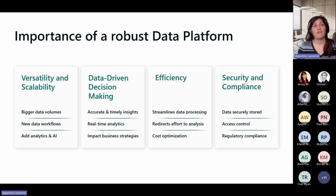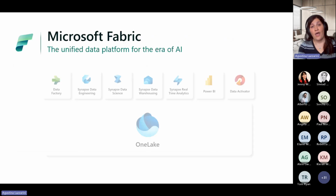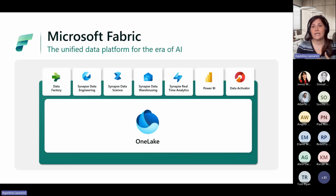And what's the great deal with Fabric? That brings together all these features that we are discussing about a robust data platform in one place. So that's what makes Fabric unique in my experience. The fact that it offers a complete analytics platform to create your solution end to end in just one place. So as Paul was mentioning,